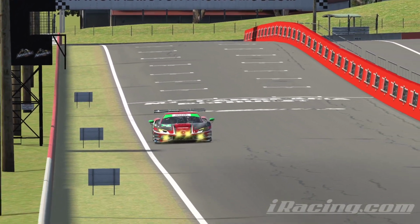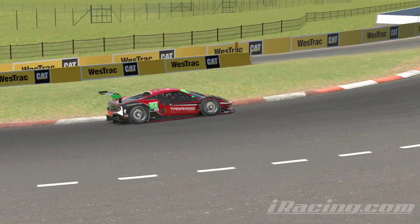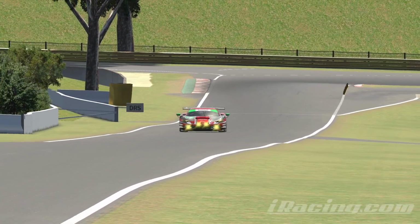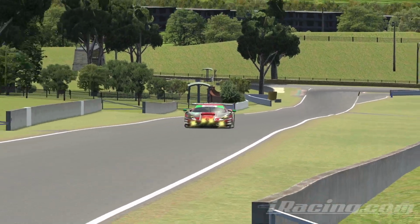Today we're back in the Ferrari 296 GT3 car for another guide, this time at Bathurst. This track is amazing to drive, however it can be frustrating when you begin to push due to all the walls. This lap was done with the fixed setup, a track temp of 42 degrees, air temp of 18 and